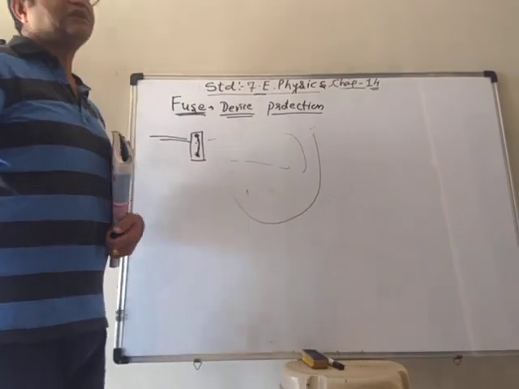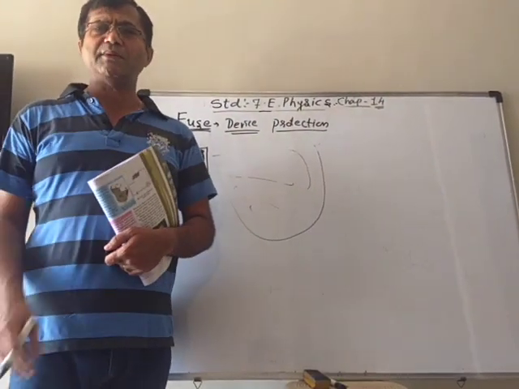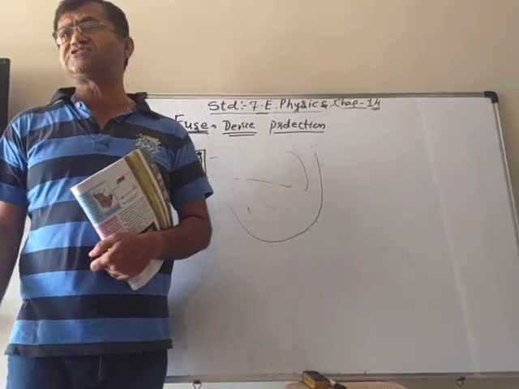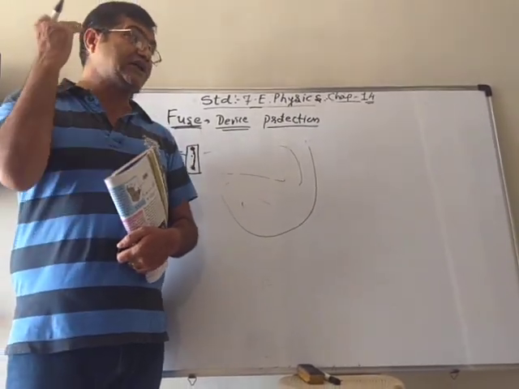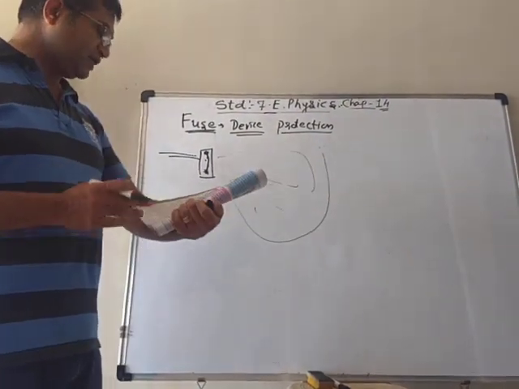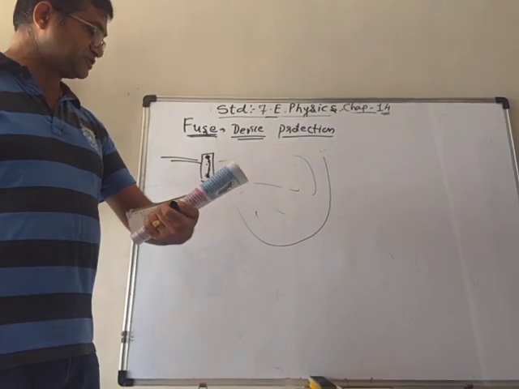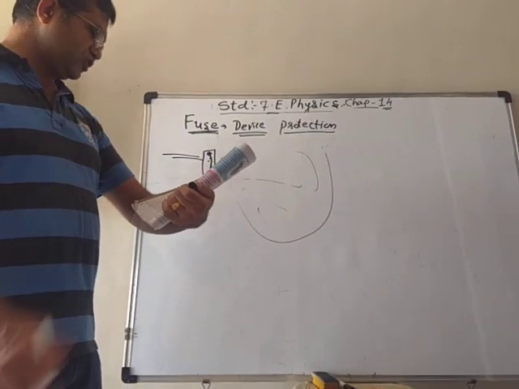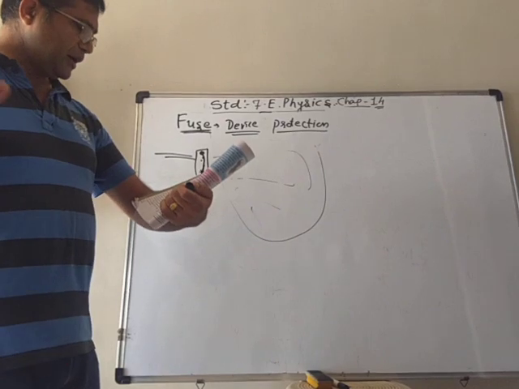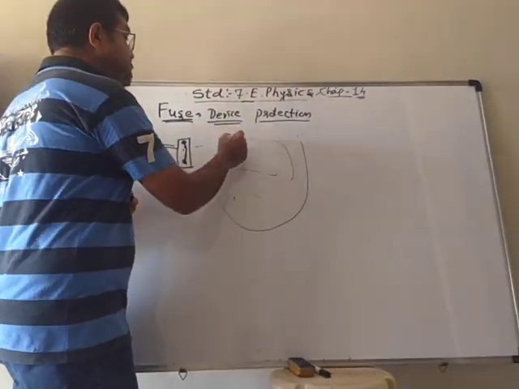Otherwise there can be a chance of fire also. If more power is coming, then due to a short circuit or something else, it gets very hot and it can cause fire also. So to prevent our houses from that, we use these electric fuses, because it will break your circuit and then the power will be cut off, and it is known as the safety device.